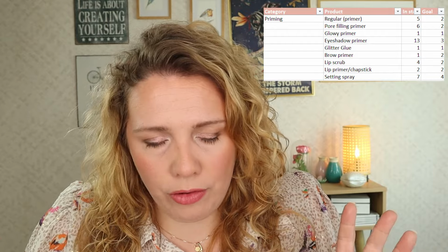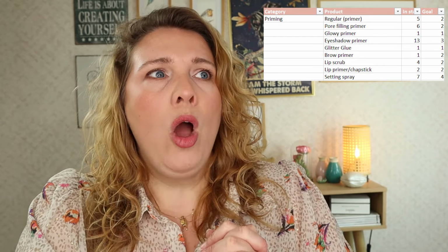Just to see what I think is that perfect product, because I haven't found it yet. Then for a lip primer over a chapstick kind of product, I have 2 right now, and I think that's a nice amount to have. I always use a Burt's Bees one, or a Laneige lip mask type of thing, but I haven't really found something that I really love to use after I scrub my lips, because every time I